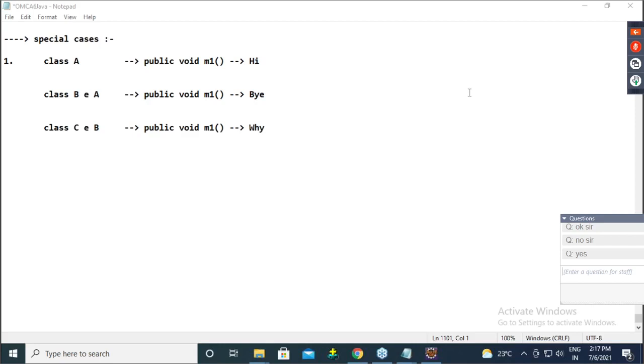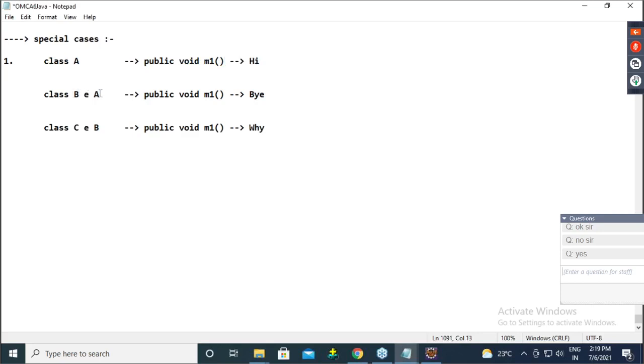Okay. So, guys, class A is there. See line number 1. Class A has the M1 method with a high implementation.